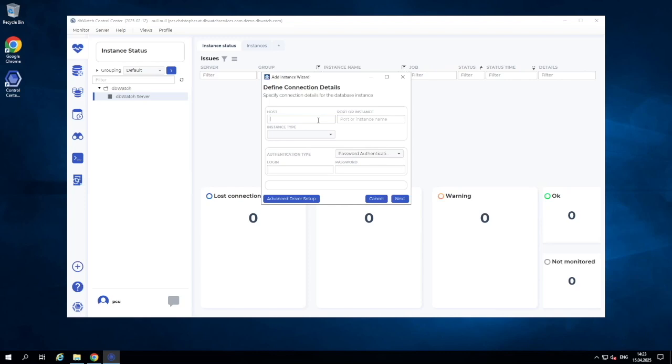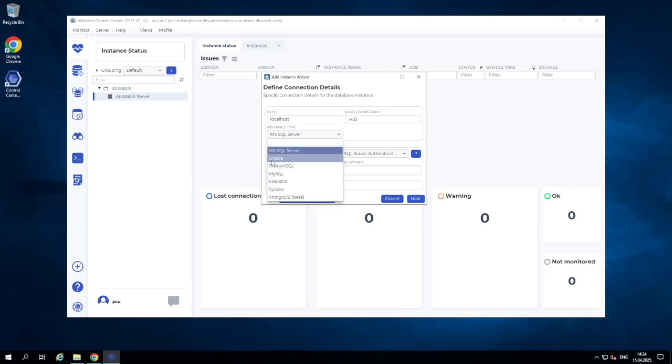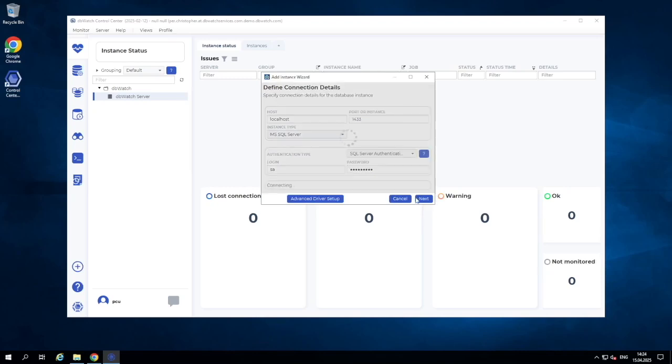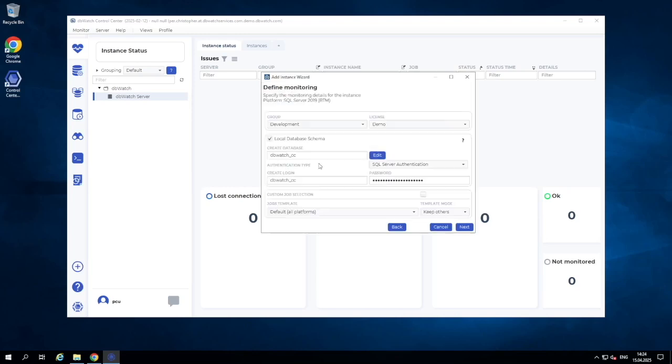And I think there is a SQL Server on my localhost. When you type in a known port for a database instance, it will automatically pop up here. But you can select also the instances here in the list. Let's see if this is the correct one. Test the connection. Connection is okay. So to go ahead and check the permissions, etc. for the user. So here we can put it in different groups. So by default we have development, production, and test group.